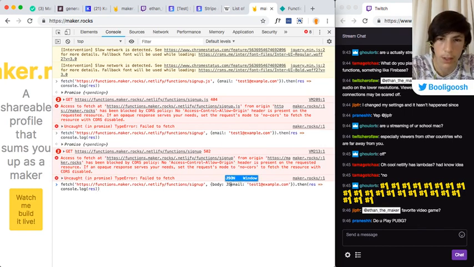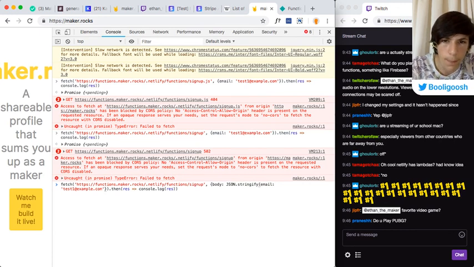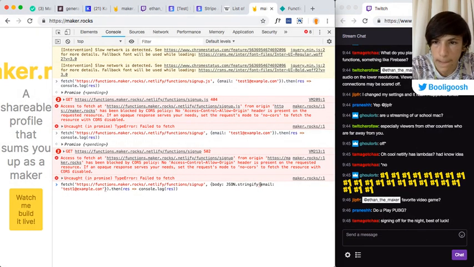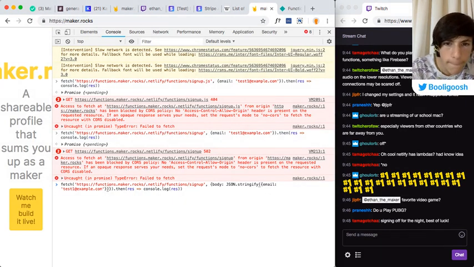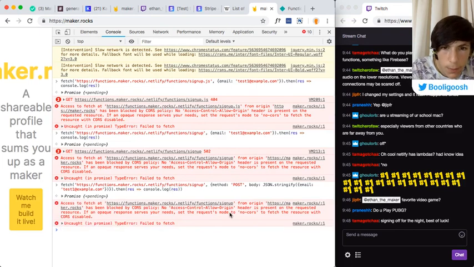This should be body json.stringify. Thanks, Tamagotcha. This should be method post.